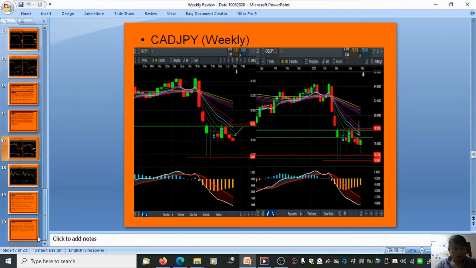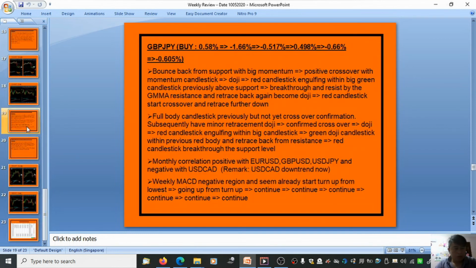Okay, let's go to the last one, GBP JPY. This week it is at 0.605. The intra charges will reduce a bit. Okay, so let's have a look at the